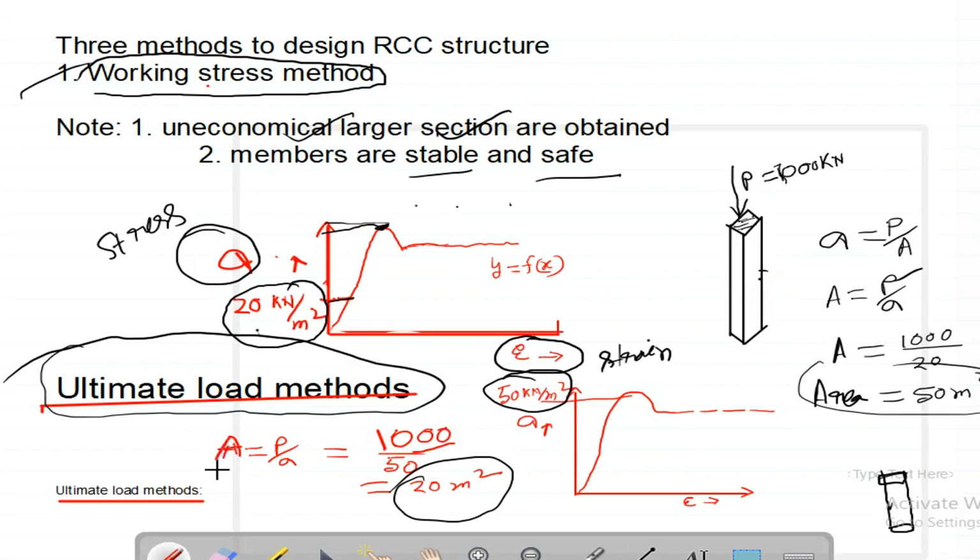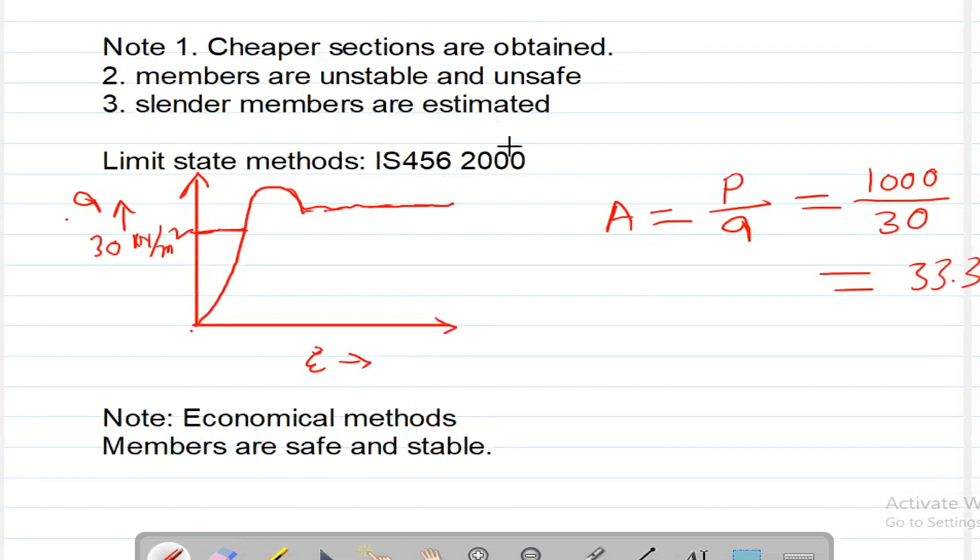Because we design at the ultimate failure point, we consider the stress at that point. Since we take a higher stress value, and since area is inversely proportional to stress, I can get a smaller area as compared to others. So what can we note from this particular diagram or this method